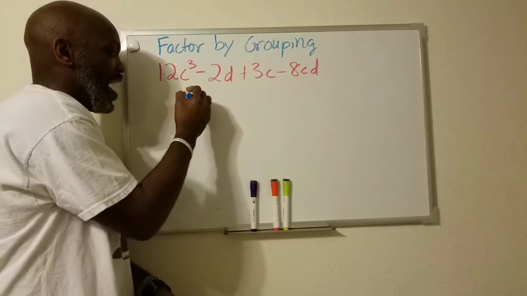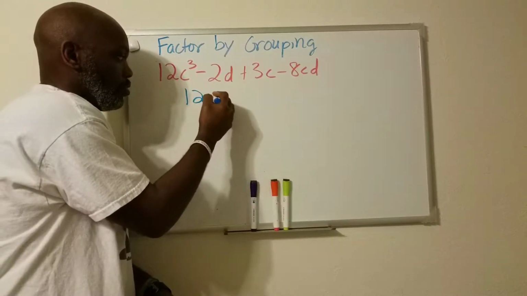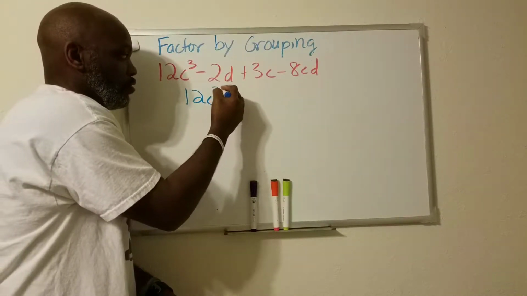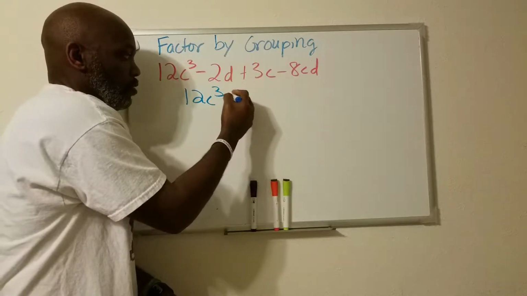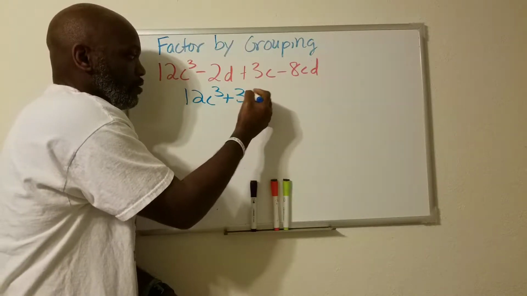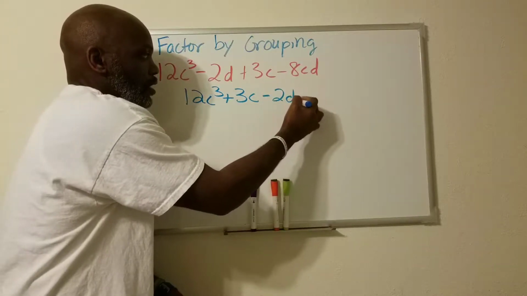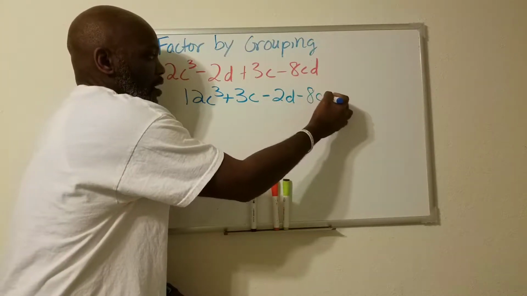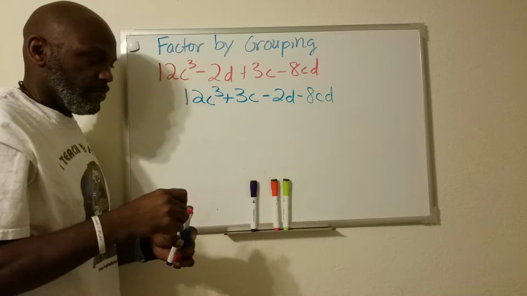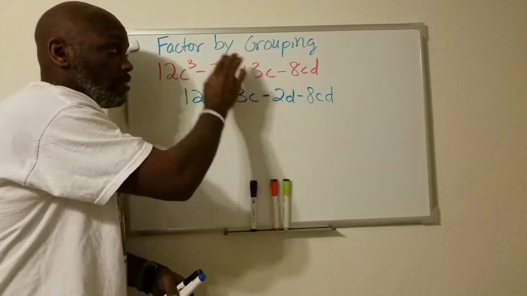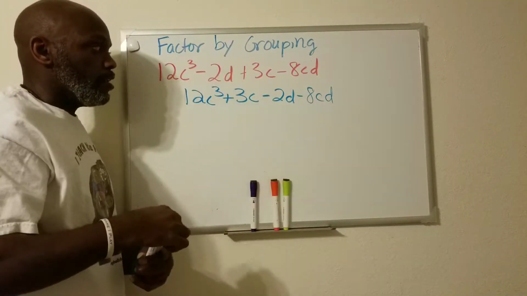So I am going to write 12c to the third, and I'm going to put positive 3c and then minus 2d minus 8cd. That means exactly the same as the previous polynomial,